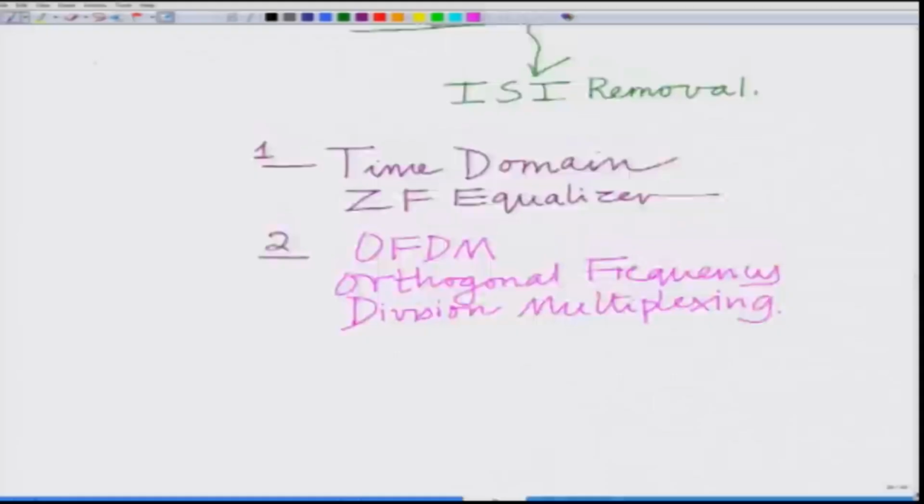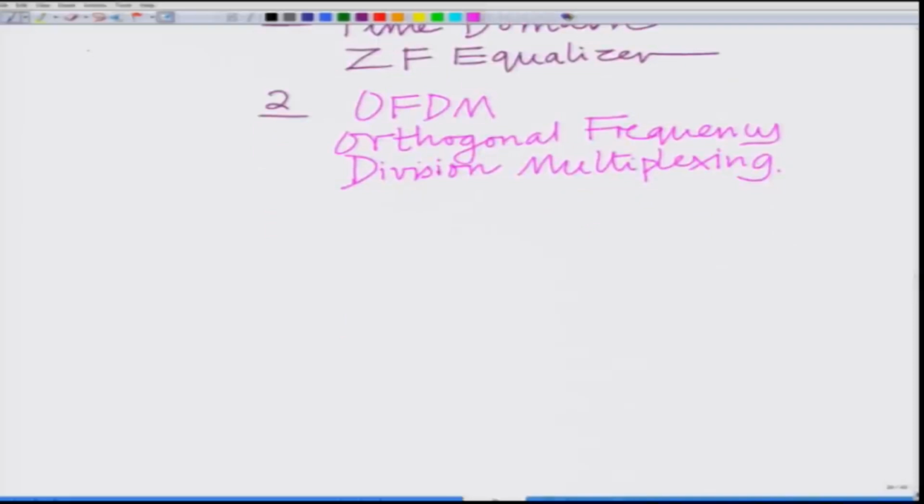So let us see what is the mechanism for this FDE, frequency domain equalization for removal of ISI. So in FDE, that is frequency domain equalizer,